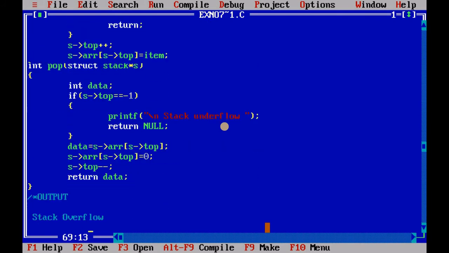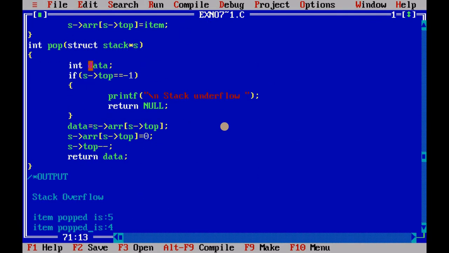This is the pop function. For detailed explanation, kindly refer to the stack operation video. In this pop function, the data type of the pop is integer. Why? Because we are returning the element which is going to be deleted. So which element is going to be deleted from the stack? The one at the top. So first we check before performing pop whether there is underflow or not. So top equal to -1 is an underflow condition. If it is, then we print stack underflow and we return from the function.